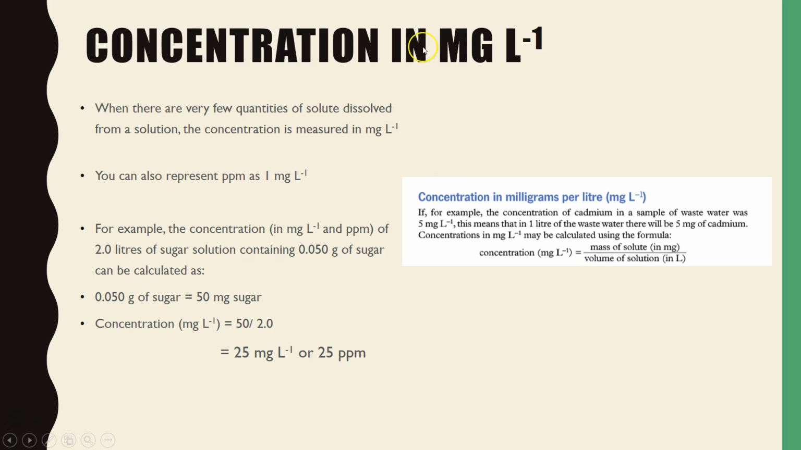If we were to work out concentration in milligrams per litre, that's calculated by dividing milligrams by litres, which is equal to parts per million. So for example, let's take the concentration of 2 litres of sugar solution with 0.05 grams of sugar. So 0.05 grams of sugar is equal to 50 milligrams. So the concentration is therefore 50 divided by 2, which is 25 milligrams per litre, and that's actually parts per million, because 1 milligram